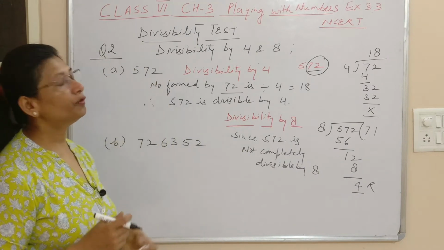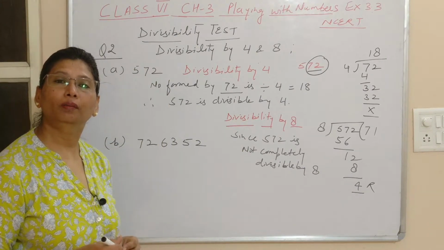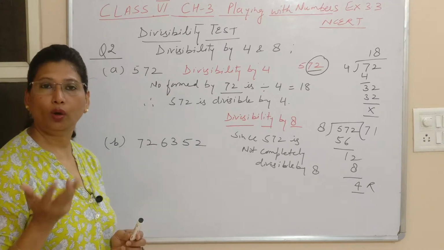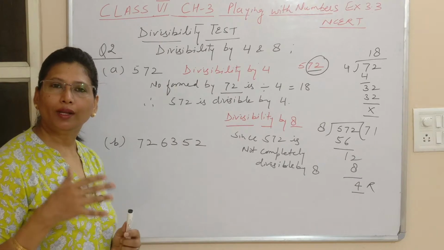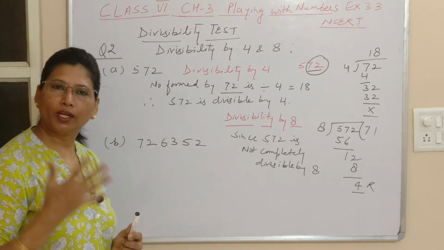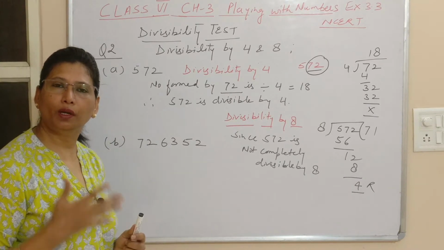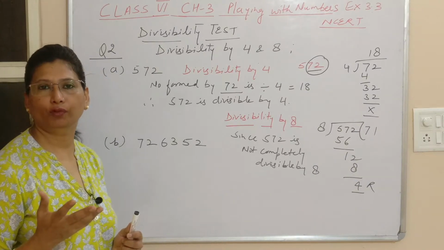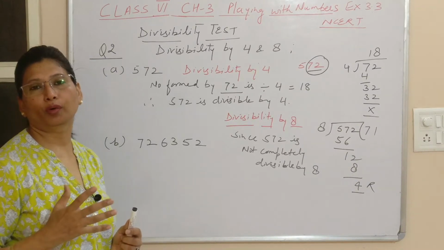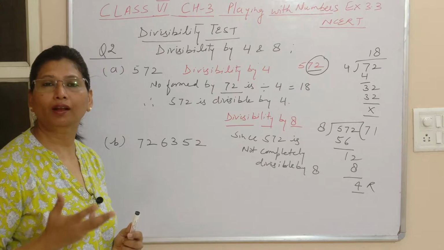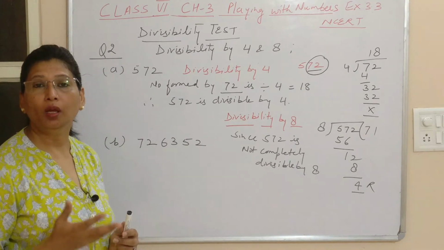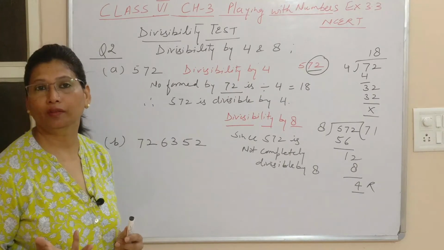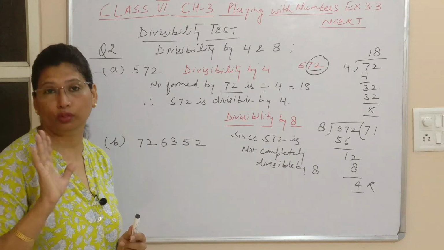Now the first part was very simple because we had 3 places. Now I'm taking the second part, where you can see we have 6 places. Checking whether the number is divisible by 4 and 8 is really very helpful. This is really important. Children ignore it, and in further classes it gets very difficult when you cancel out terms and divide, picking up the numbers which can completely divide. So don't ignore this topic.